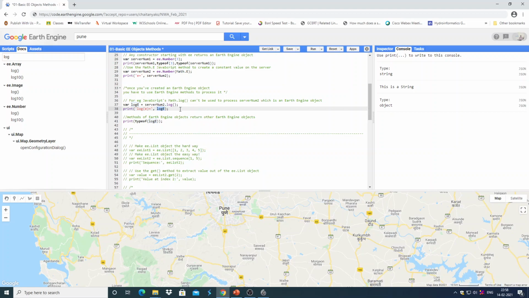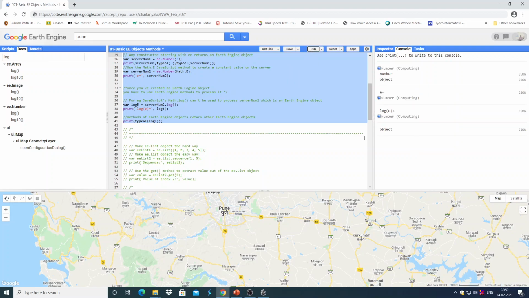It returns an Earth Engine object, so the value returned is 1, but the type of it is Earth Engine number object. You can run this part of the script. The type of logE is object, which is an Earth Engine number object.